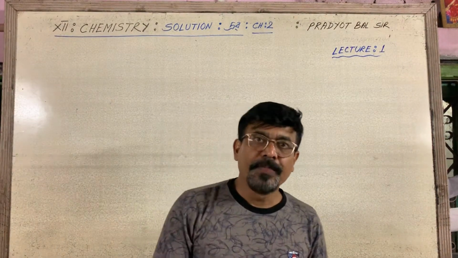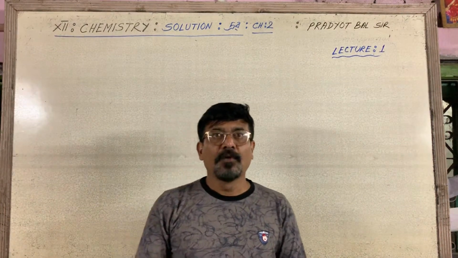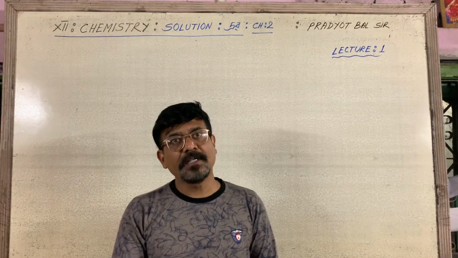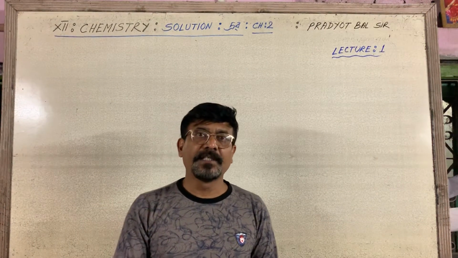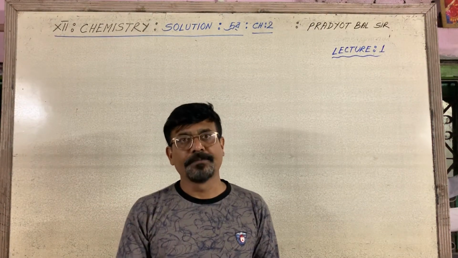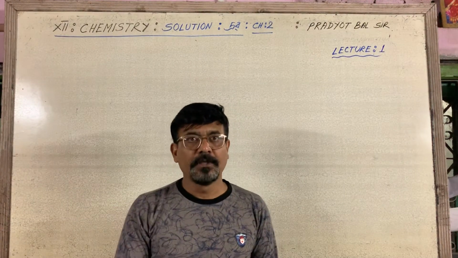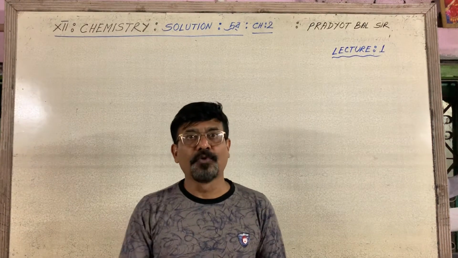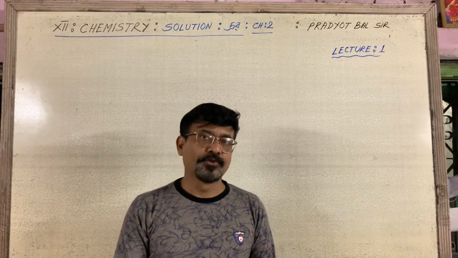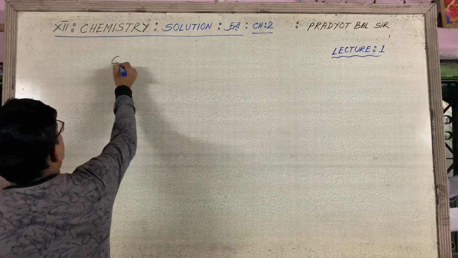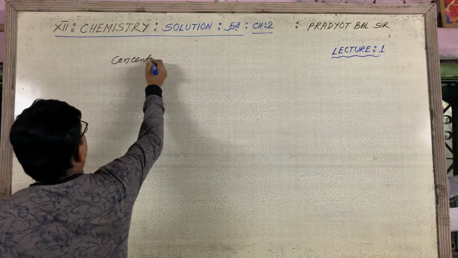On the contrary, there are some solutions where water is not a part. Those solutions where water is not a part are considered as non-aqueous solution. Examples you can have: benzene is a non-aqueous solution. Carbon tetrachloride CCl4 is a non-aqueous solution. Okay. Now I am going to this part, concentration of solution.